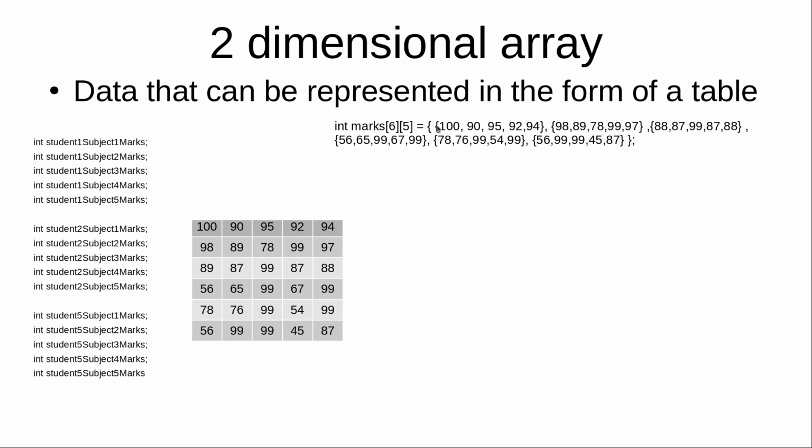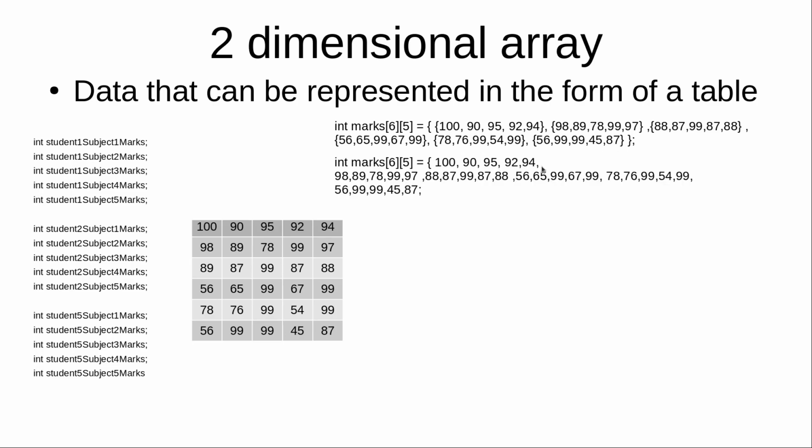So while we are declaring a 2-dimensional array, first in the square brackets we write the number of rows that we want to represent, and in the second one we write the number of columns. And after that we write in the numbers. We use curly brackets, and within them we have another set of curly brackets to represent each particular row. So we also have another form of writing it.